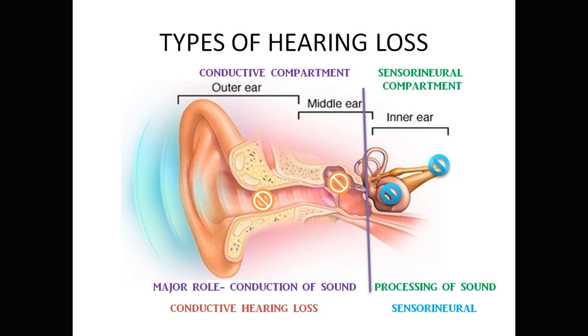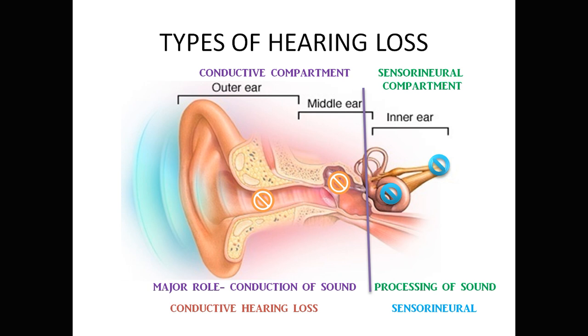presbyacusis, age-related hearing loss. In the previous video we discussed that the receptors are the nerve endings, the specialized cells. For example, in the eye, rods and cones are the receptors. Similarly, in the ear, the outer and inner hair cells are the receptors. With aging, the general health condition deteriorates in aged persons. Just as visual ability declines, our hearing also deteriorates in the older population. The number of hair cells, or the functioning of the hair cells, may decline, so it will lead to sensorineural hearing loss.